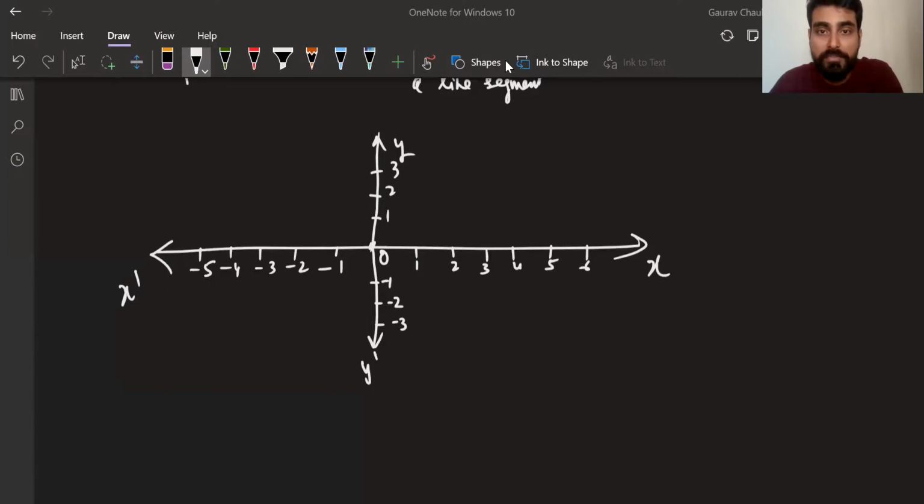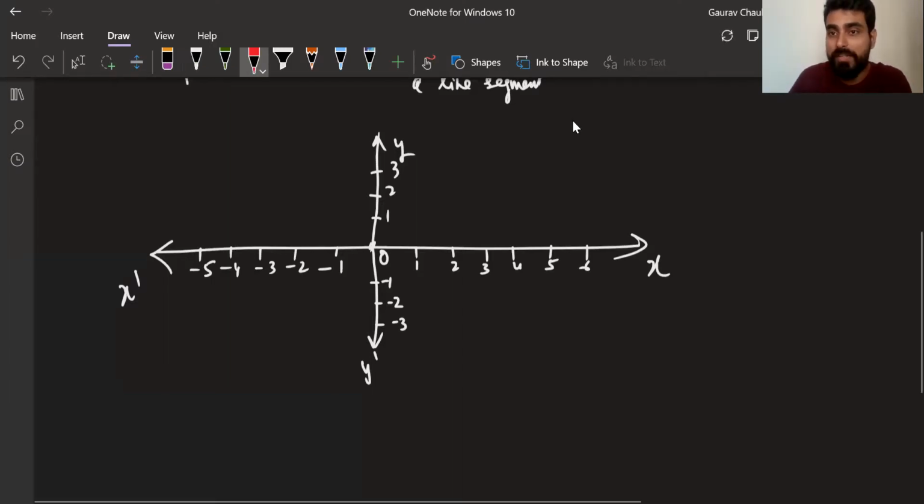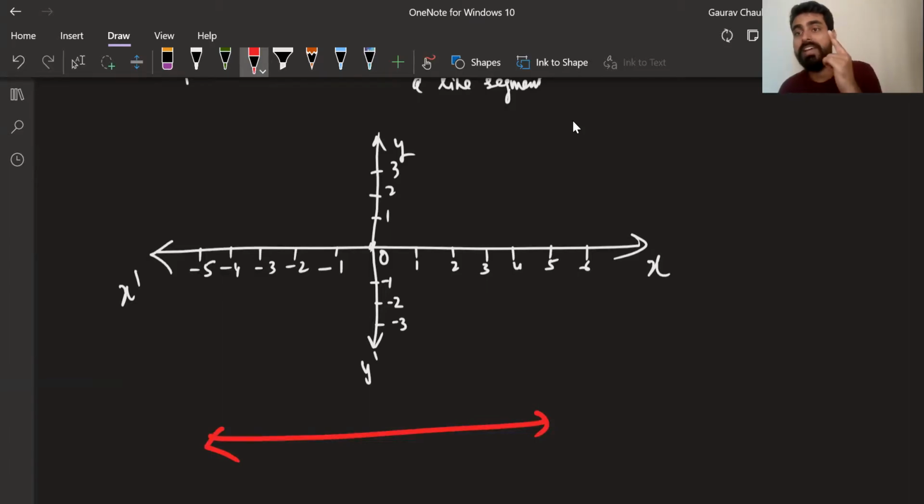Sometimes 1 direction will be enough, Dikshit. That is only when you have a one-dimensional system, which is basically you only have this line. In this, 1 direction is enough: go right or go left, 5 steps. But if you have a plane, then 1 direction is not enough. It is directly related to the number of dimensions you have. If you have 2 dimensions, you will need 2 directions. If you have a single dimension, you will need only 1 direction. If you have 3 dimensions, that's our real world, you will need 3 directions, all at 90 degrees to each other. Does that make sense, Dikshit?